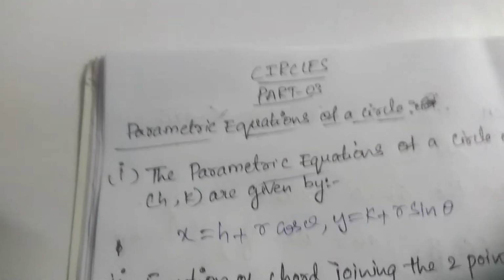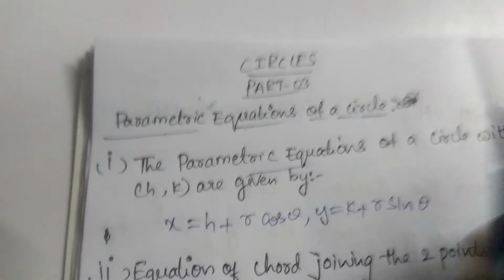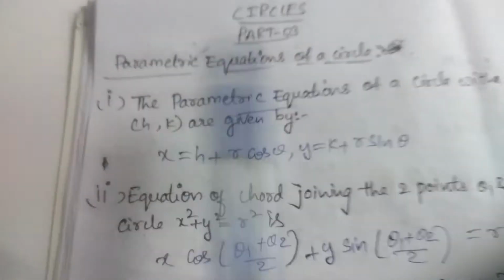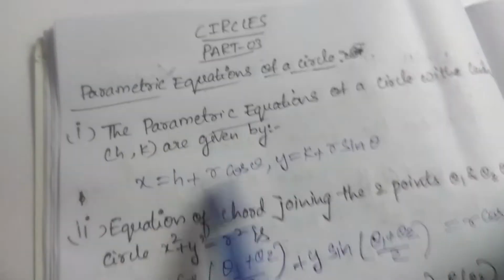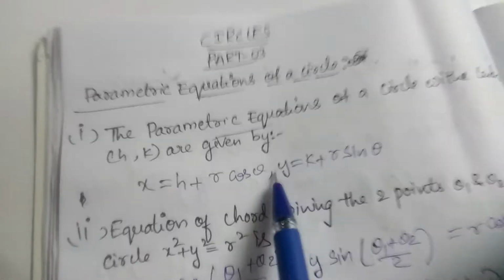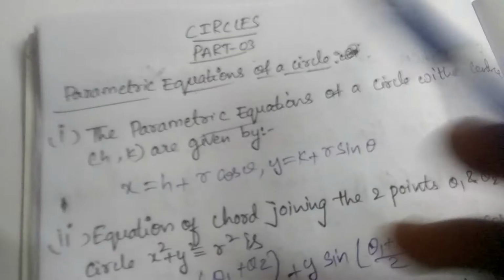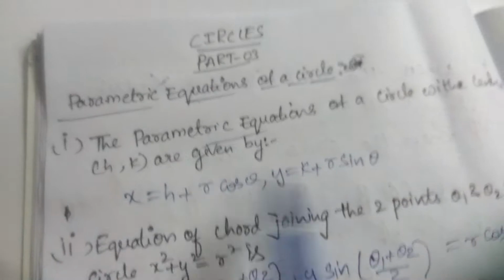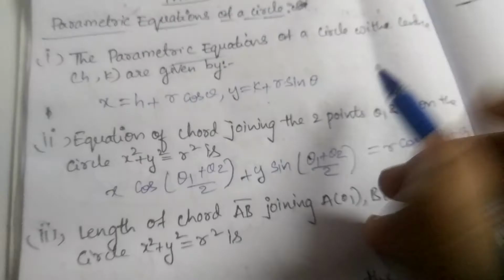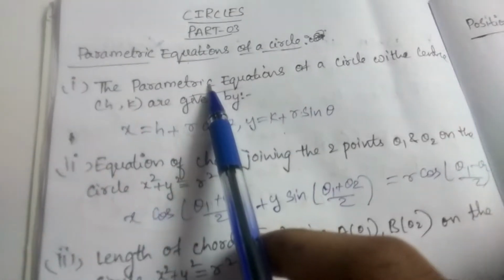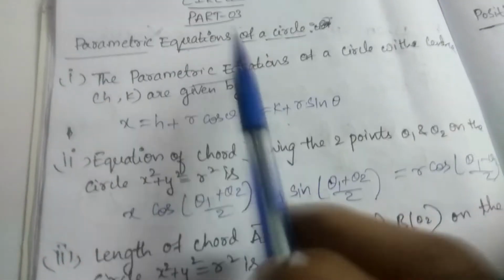Now we are going to start circles part 3, parametric equations of a circle. The parametric equations of a circle with center (h, k) are given by x = h + r cos theta, y = k + r sin theta. Here h and k are the coordinates of the center and r is the radius. Cos theta and sin theta are trigonometric terms that we have to put, and if they ask for the parametric point,